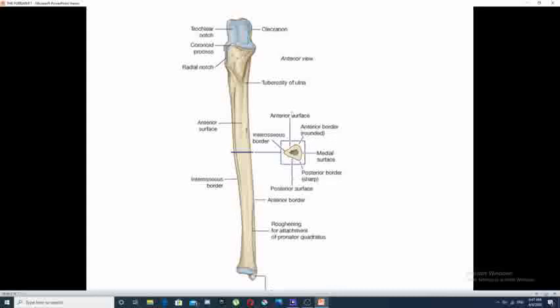Ulna is a long bone. It's composed of three parts. Upper part, which is the expanding part, formed mainly of the olecranon process and the coronoid tuberosity. Middle part, the shaft of the ulna, which is long,